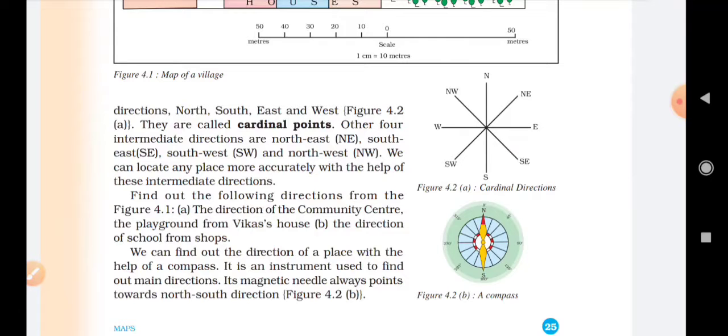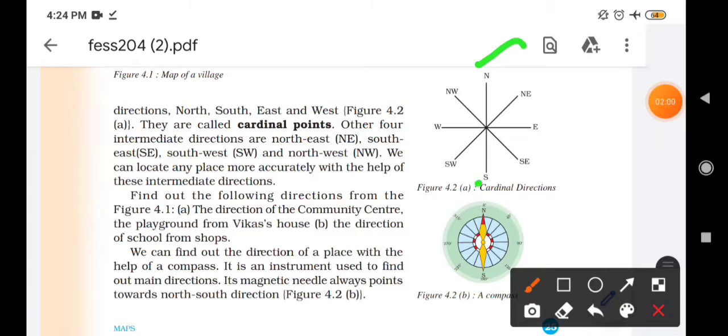And the other four are the intermediate directions: northeast, northwest, southeast, southwest.